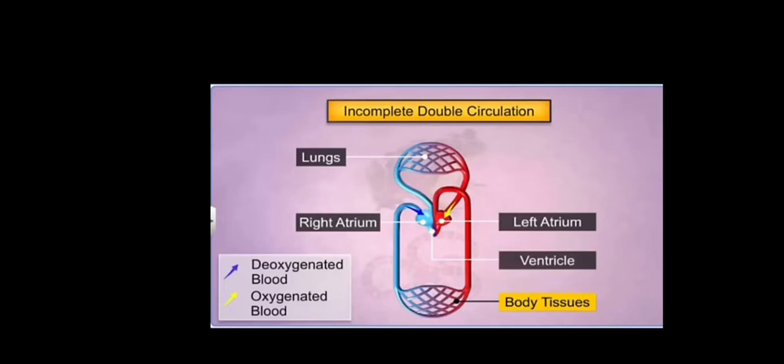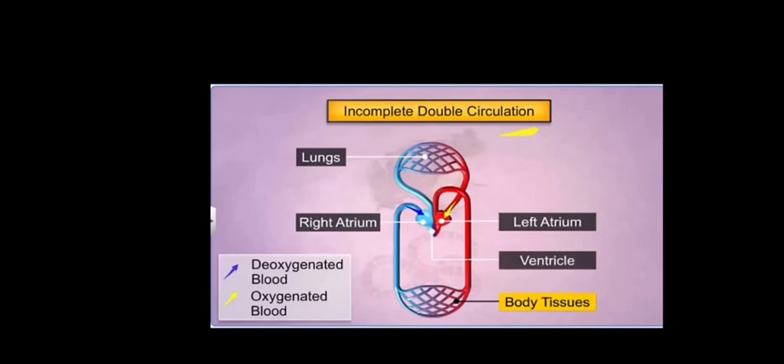The blood from the left atrium and the right atrium moves to the single ventricle, and the oxygenated and deoxygenated blood gets mixed up in the single ventricle. Thus, blood passes through the heart twice and gets mixed up in the single ventricle, and hence this type of circulation is called